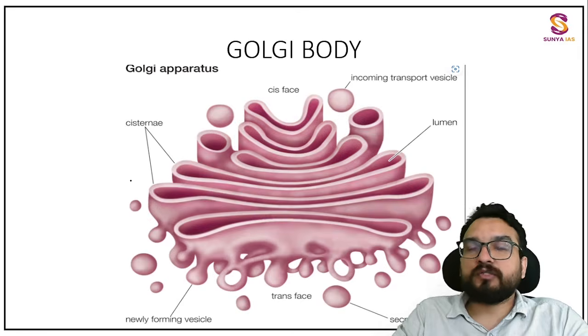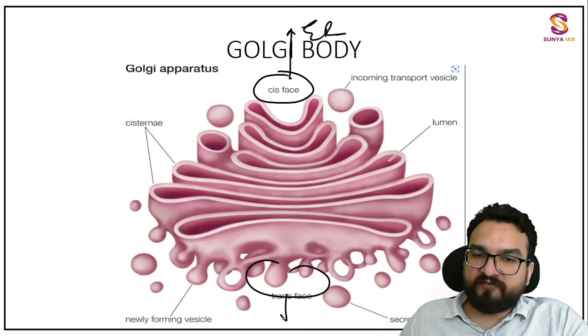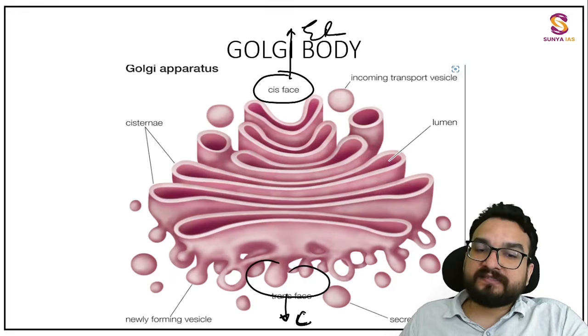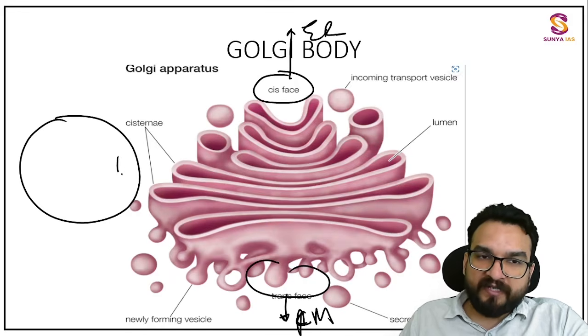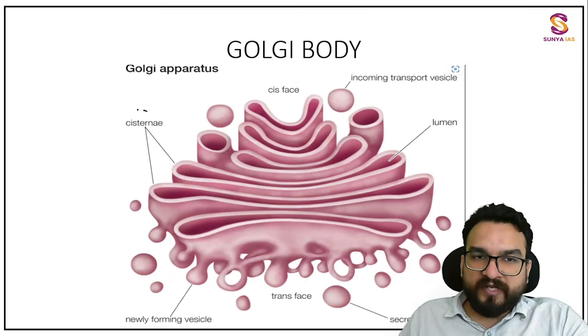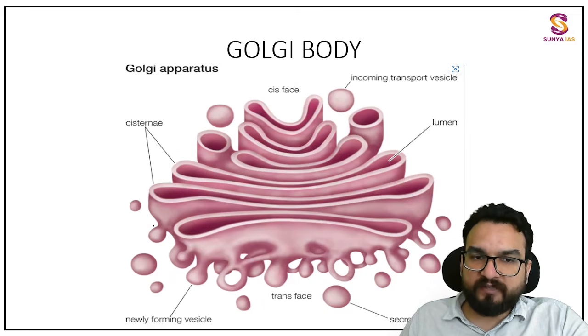Next, you will be going to the Golgi body. Cis face I have told you, which is near to the endoplasmic reticulum. Trans face I have told you, which is near to, what do we say, this plasma membrane, right? This is the plasma membrane. If this side is there, then this is your trans; this side is the endoplasmic reticulum side, right? Over here, these tubular, flattened disc-like structures are known as cisternae, okay?